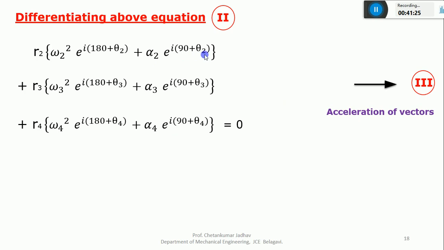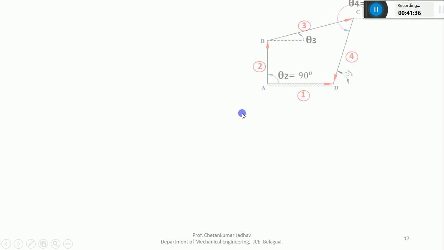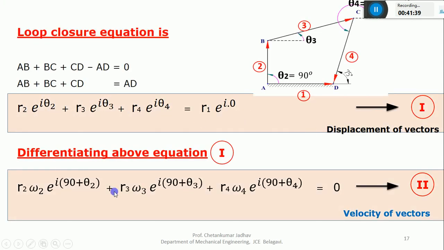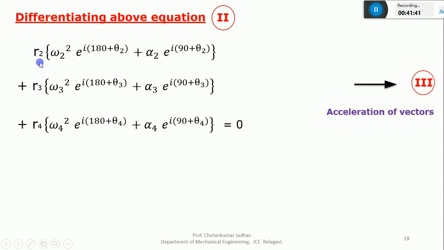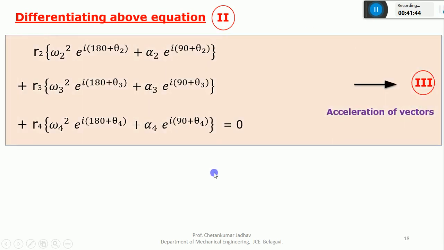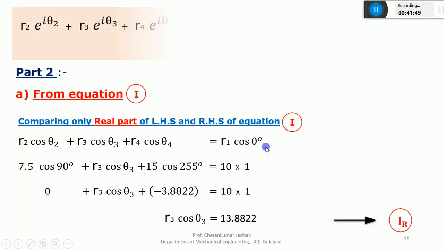If you're able to remember this formula directly, you can solve this problem. So this is the first part of this problem, getting these three equations: getting the first equation, getting the second equation, and getting the third equation. This comes under the first part of this problem. Okay, if there is no doubt, I'll go with the second part. So I'll divide this entire problem into two parts. First part is only getting the displacement vector, velocity vector, and acceleration vector. The second part is a simplification.